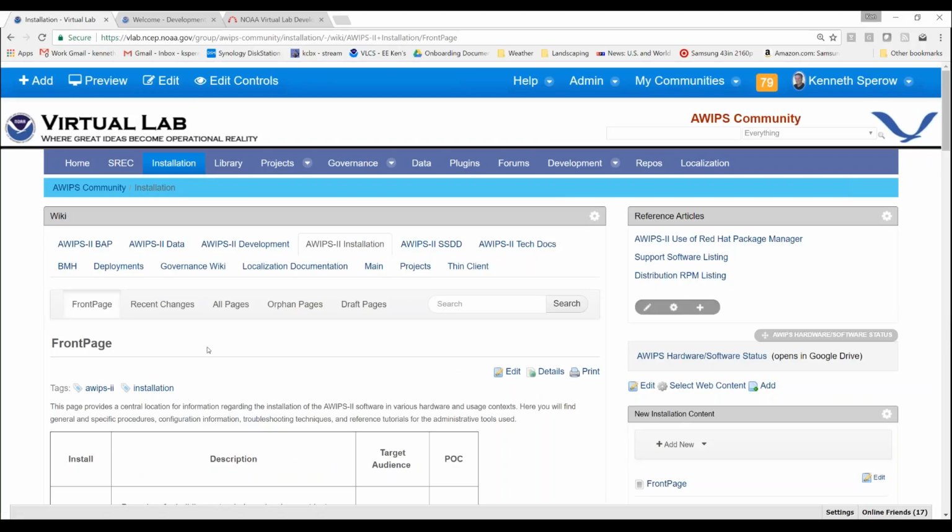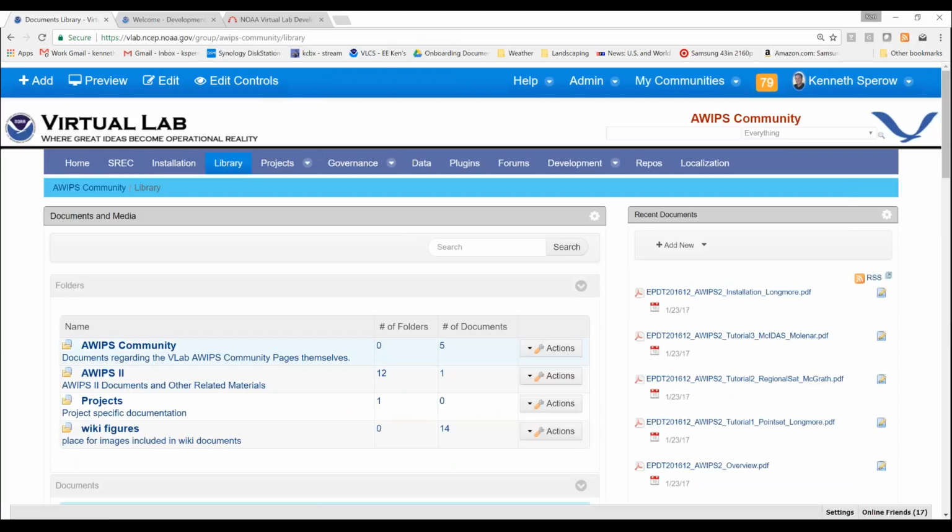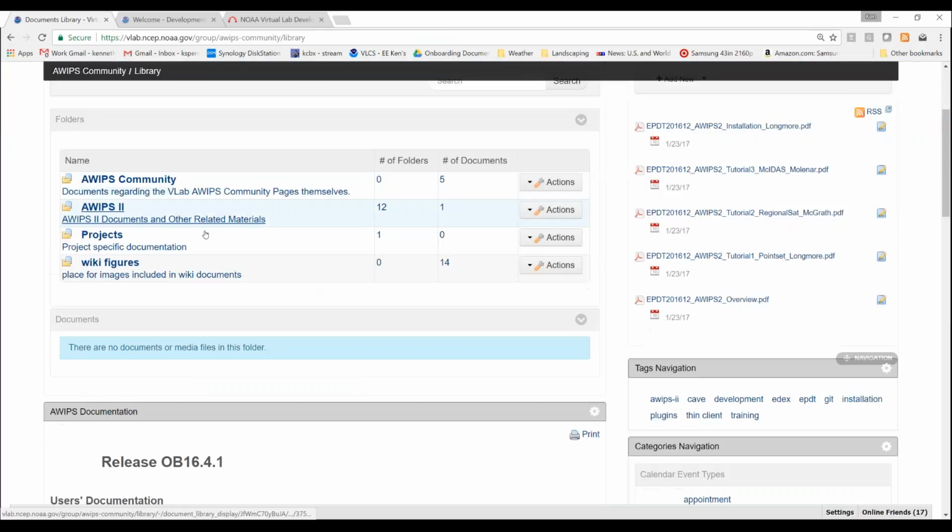So we have the wiki, we have the web content management system. There's a document library within each community, and you can organize it however you want. Documents, as well as web content and the wikis, are all indexed when they're uploaded to the site. What that means is as you upload the document, it gets scanned, and not just the title and description that you provide, but also the content of the file itself is scanned by our search engine, and then you can find it, hopefully